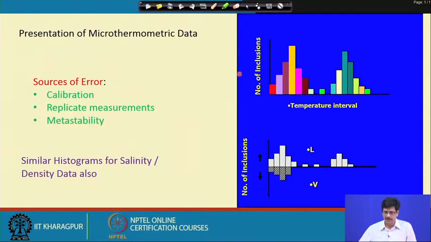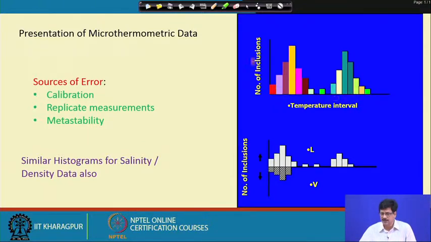So we keep in mind that when we come to a stage where we are to present our data, it means we have acquired the data that we intended to, considering the problem that we picked up, the samples we decided to work on, and per sample the number of inclusions that we wanted to work on. We have finished the data acquisition and now we present them. We present the data only with the intention to look at the kind of pattern of distribution that we see in the data.